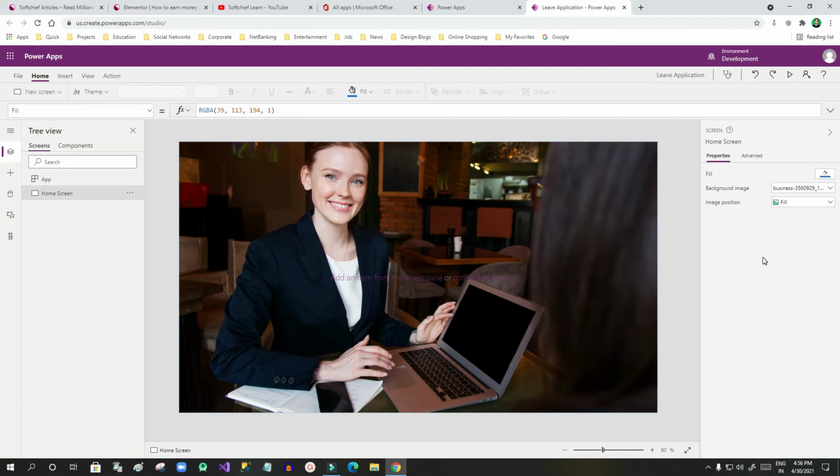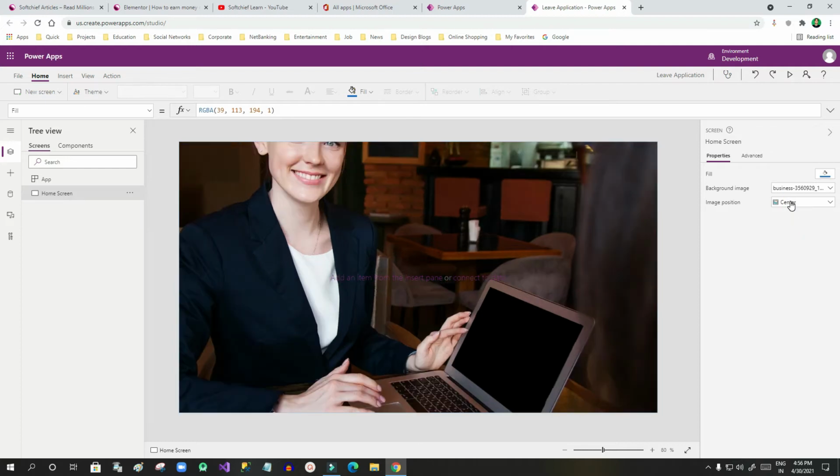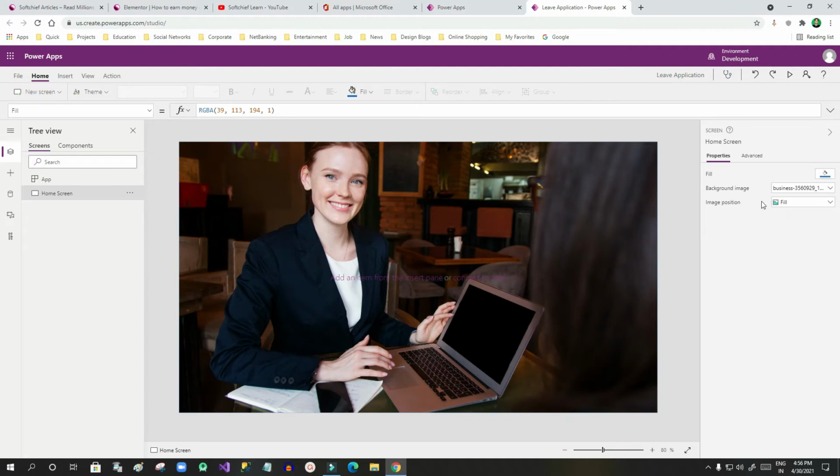When you click on fill, the whole app will be covered by this image. It depends on you what image position you want to define. So let me define the image position as fill, so it will fill the application.